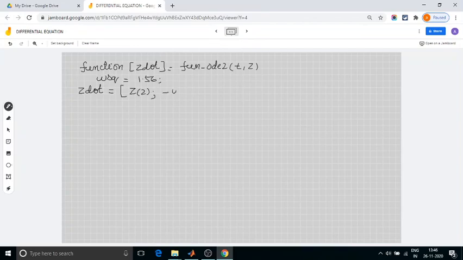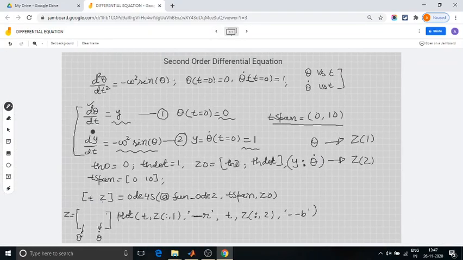So minus omega square into sine of theta. So I'll write sine, and what is theta? Theta is z1, sine of z1. Close this and close this. Close this function. Now this function is also ready,